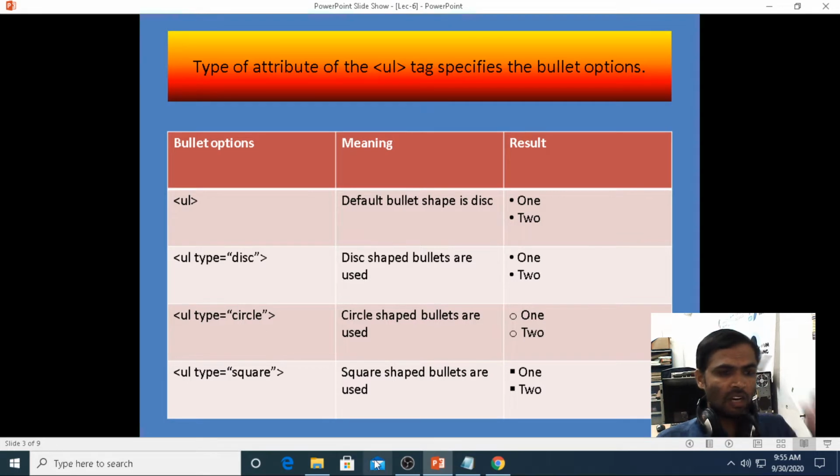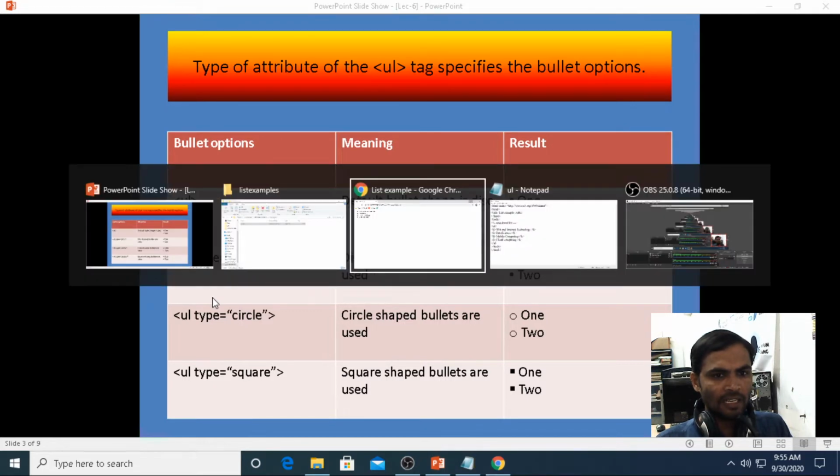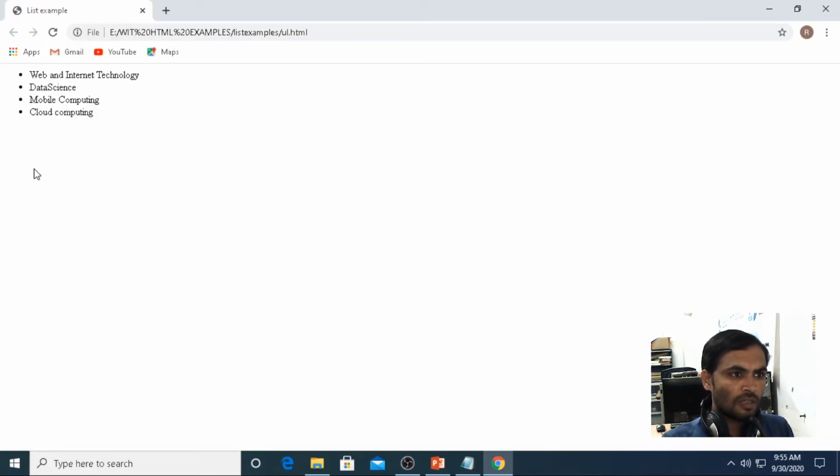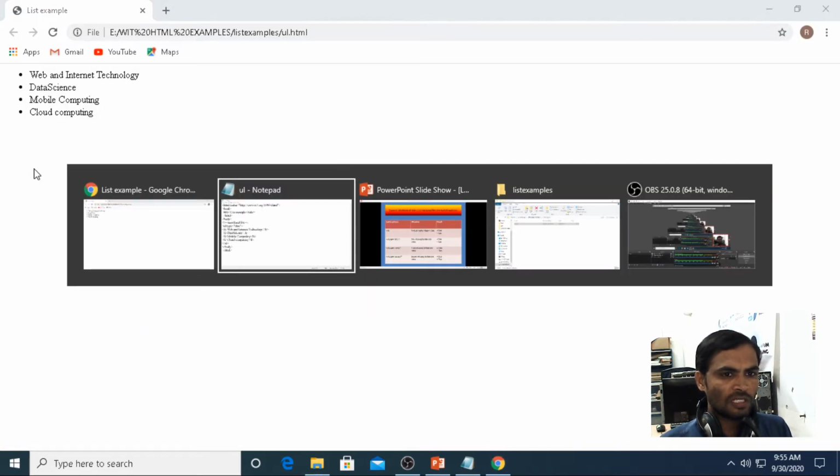If you use type equals disk, by default it is taking a disk only. When you run the program, we get only bullets.